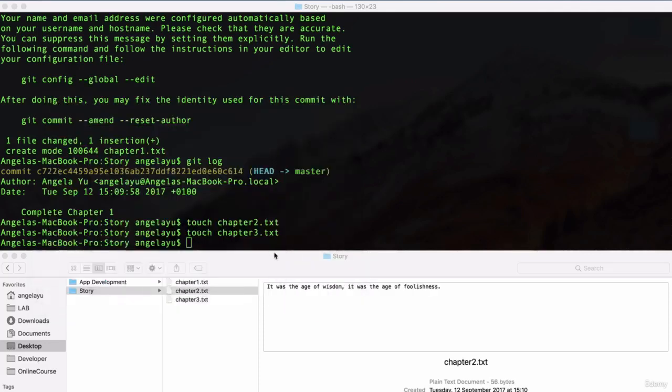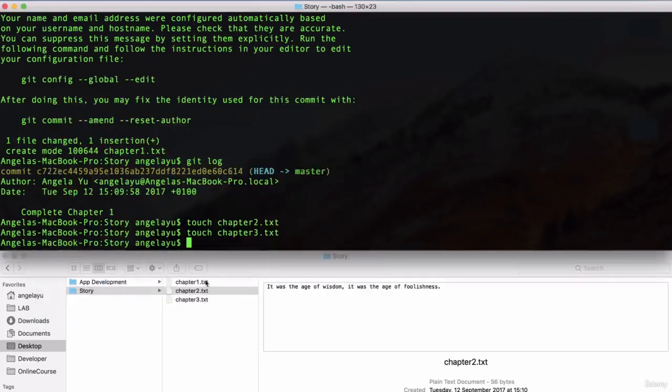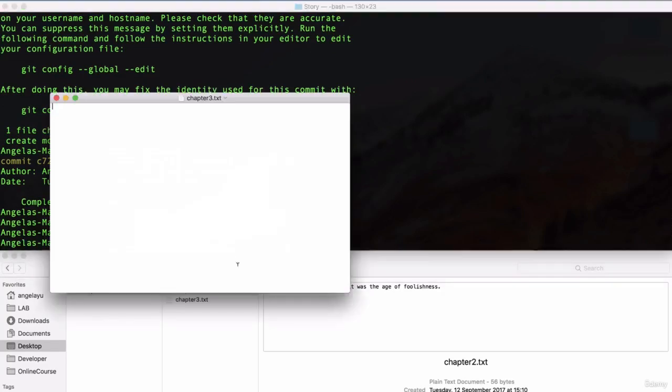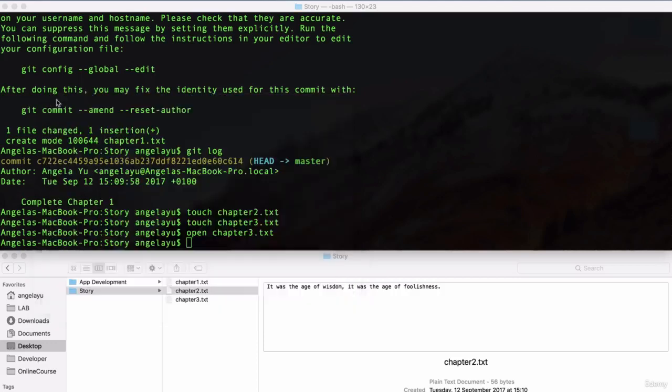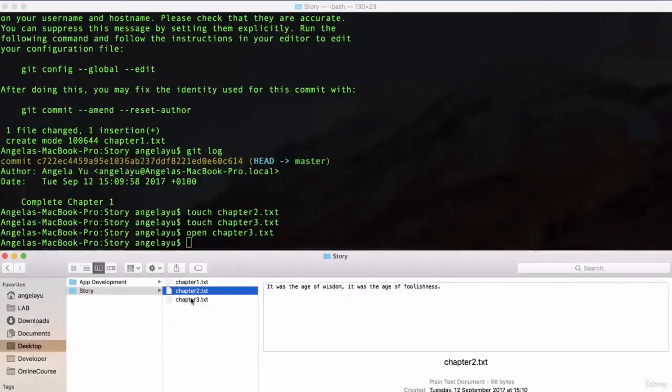Okay, so that's chapter 2 done. And finally, let's go ahead and just open chapter 3 and edit that as well. Alright, so all 3 files have been changed,